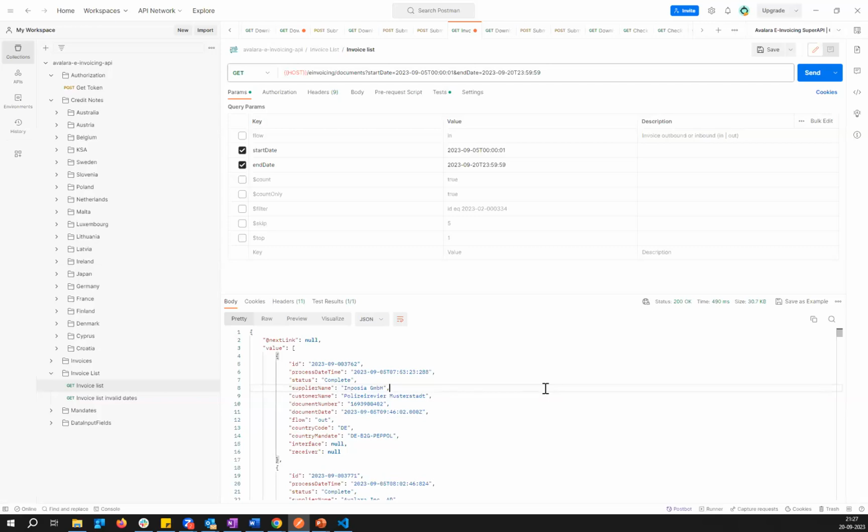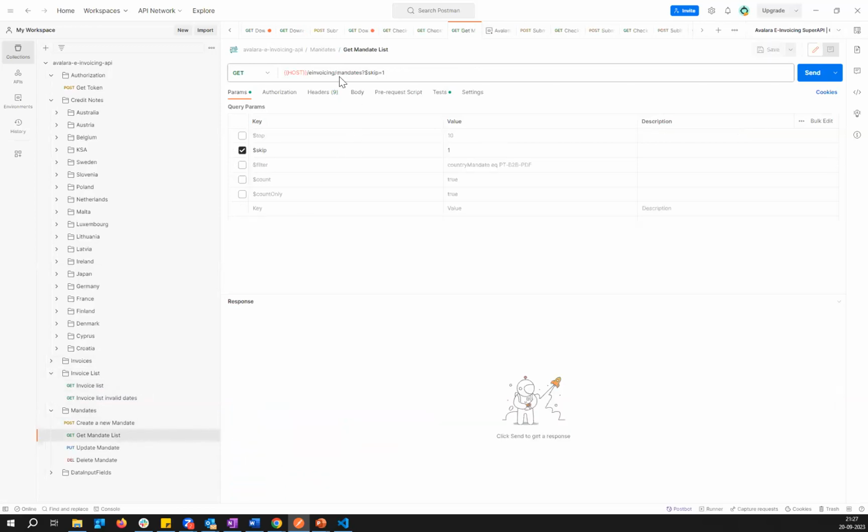Now, as mentioned earlier, we'll keep adding invoices for more countries, more mandates. We'll keep them up to date with the changes happening across the globe. Now, as a software developer or an integration developer or a business leader, you need to know the list of country mandates that Avalara is supporting at any given point of time. So we have a separate API for that. You just need to go here. Instead of documents, you need to mention mandates, and hit the API.